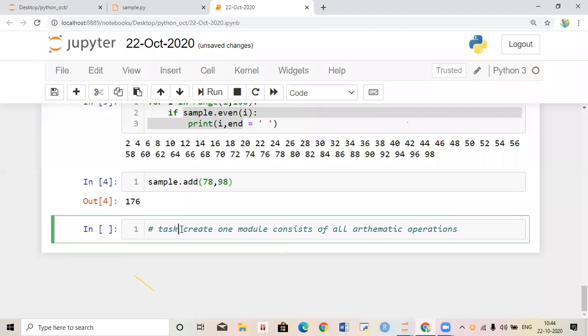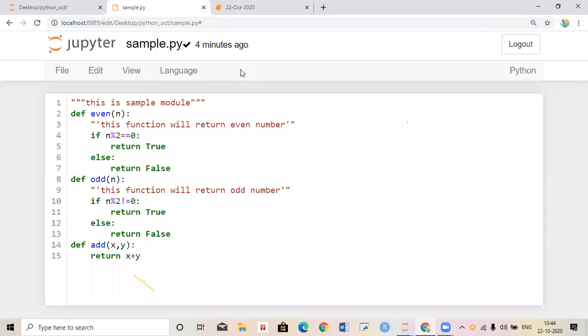The task is to create one module consisting of all the arithmetic operations. All of you do this task. Take a file like sample1.py.